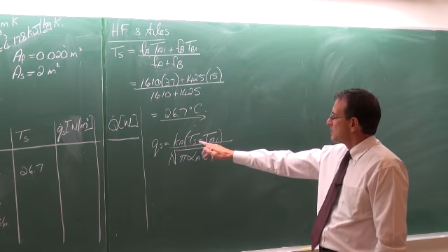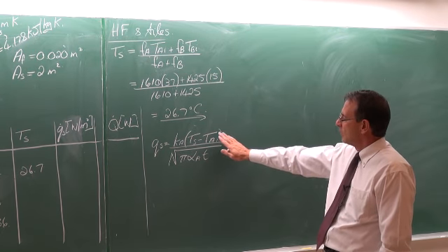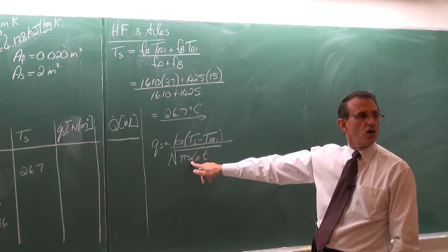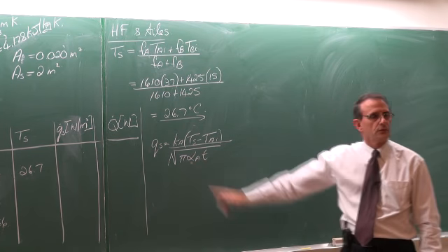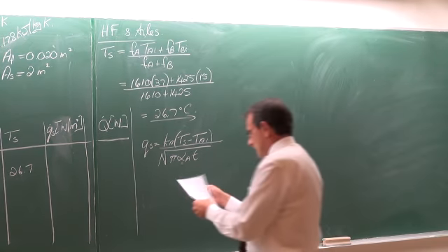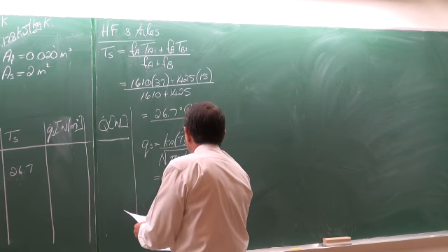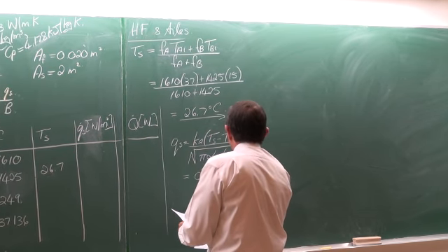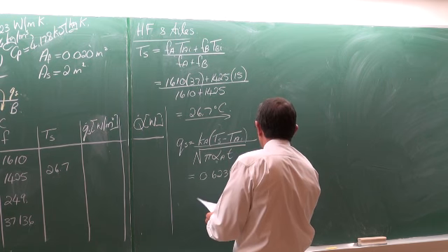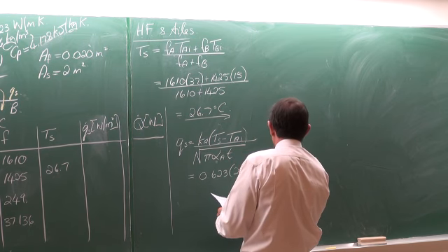Then it would be Ts minus the temperature of the tiles, but then you need to use the alpha of the tiles. Okay, and that is equal to K, which is 0.623, multiplied by 26.5 minus 37,